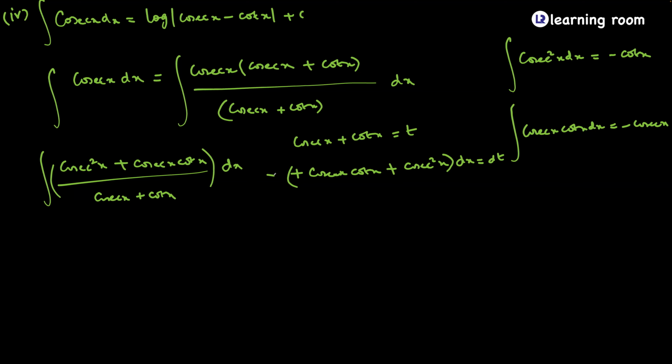So I can take the minus to this side. Now tell me, just to avoid one step, concentrate. What I'm doing is, cosecant x cot x plus cosecant square x times dx is actually minus dt. Meaning cosecant square x plus cosecant x cot x times dx is going to be equal to negative of dt divided by cosecant plus cot, which is going to be t itself. So what will the answer be? This is going to be negative of log of mod t. But what is t? Cosecant plus cot,